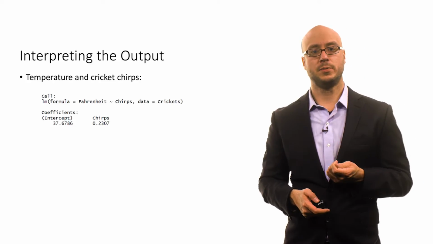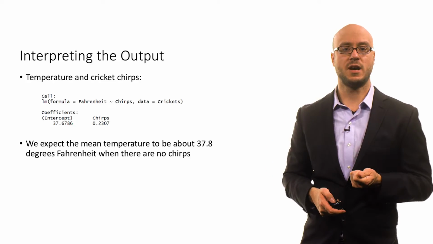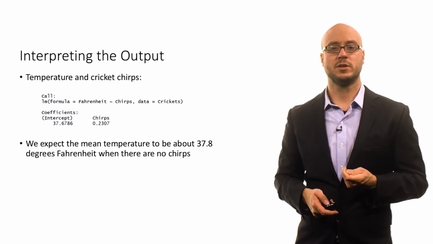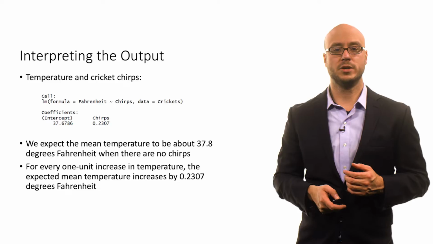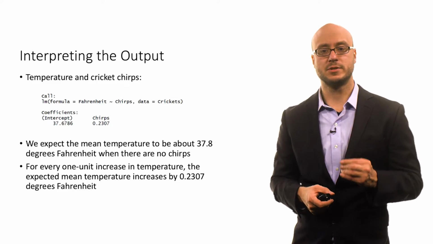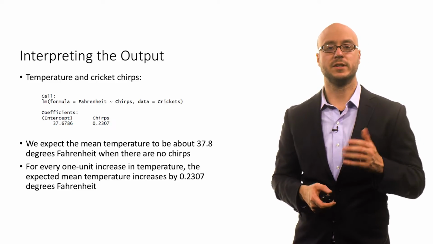So how do we interpret the output? This is the output using statistical software. We expect the mean temperature to be about 37.8 degrees Fahrenheit with no chirps. And then of course, for every 1 unit increase in chirps, the expected mean temperature increases by roughly 0.23 degrees